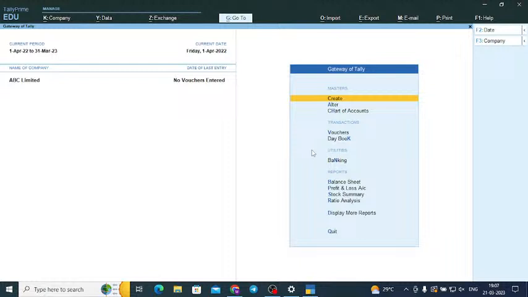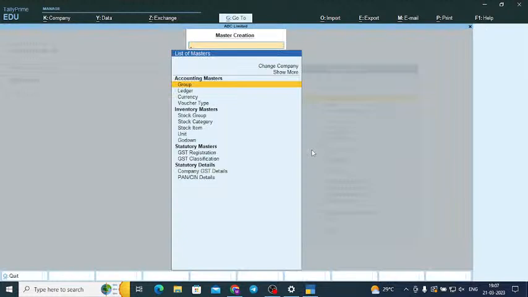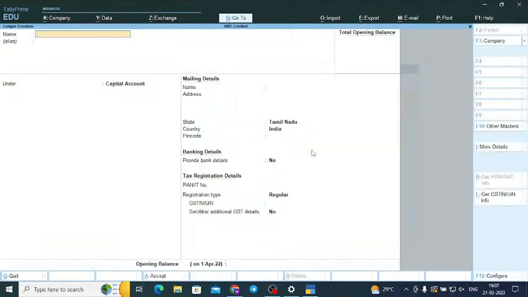Then what did we do? Then we created a ledger. A ledger is a master, which is an account head. We can also call it an account or head. So I am creating a ledger. In this case, we took an example of Mr. Kumar, who is the owner, who is investing 1 lakh in the company. So I am again going to create a ledger: Mr. Kumar, capital